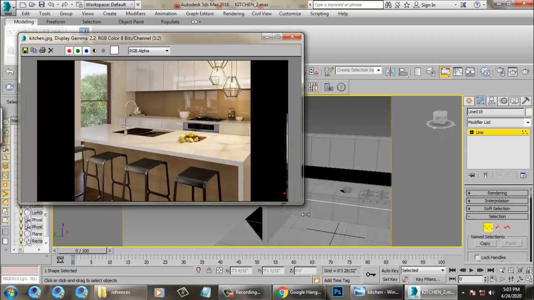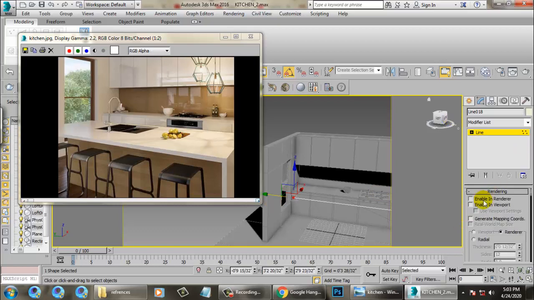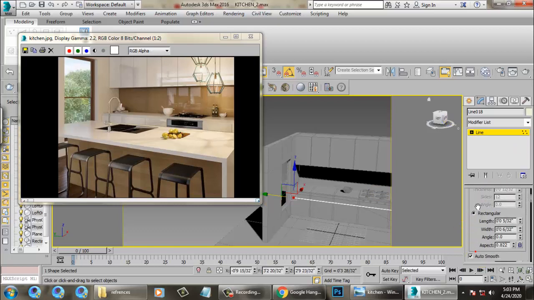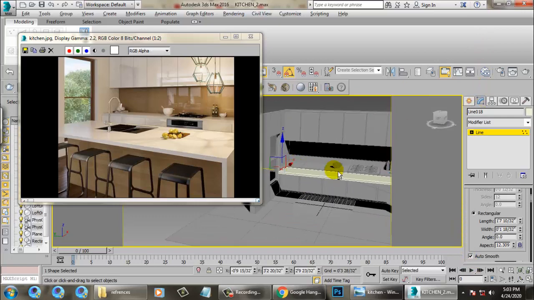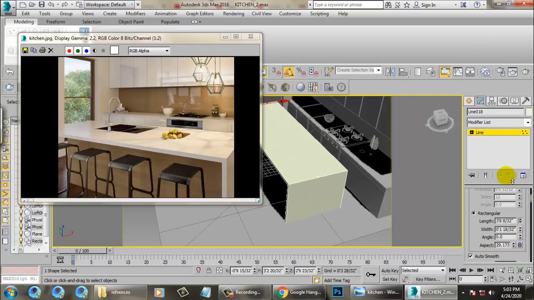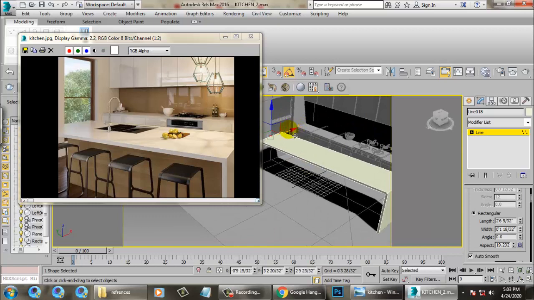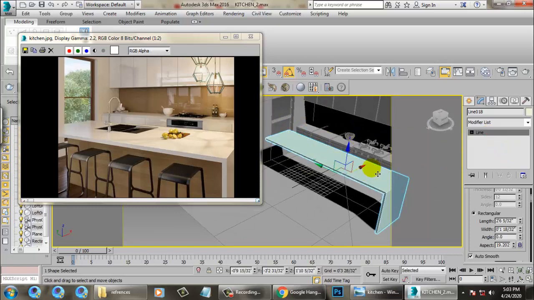Let's go into the vertices and just push it over here. Rendering, enabling viewport, and let's make it more rectangular. So just increase its length over here, and come out of it.